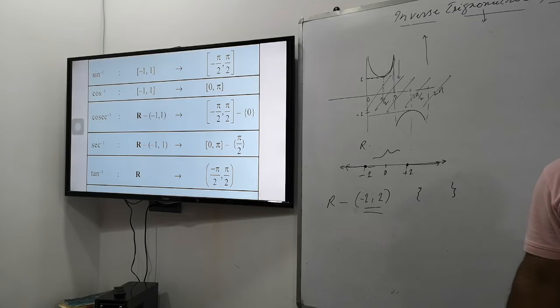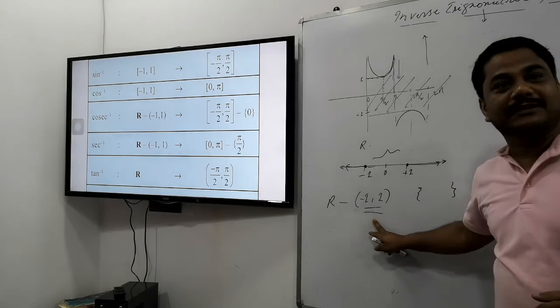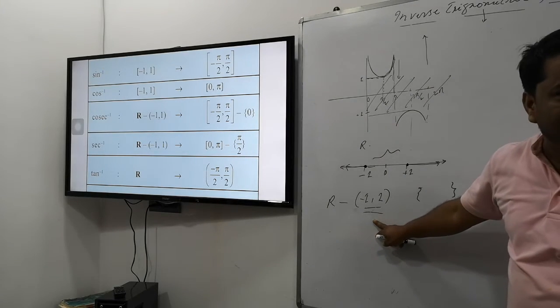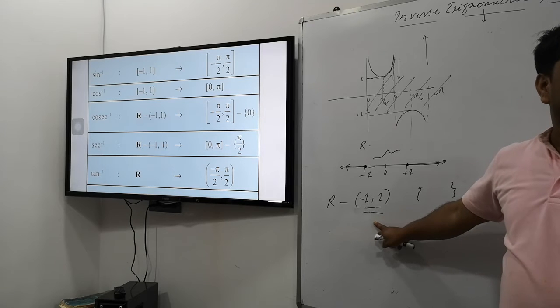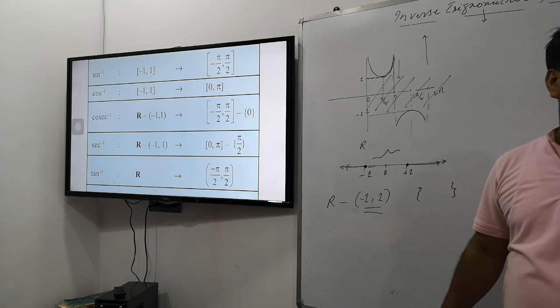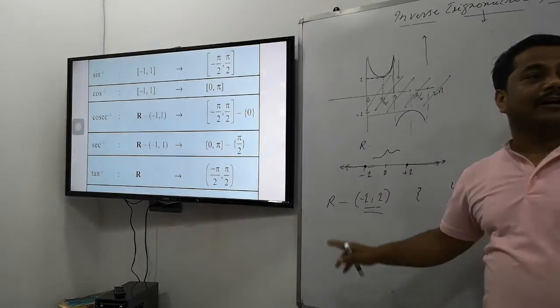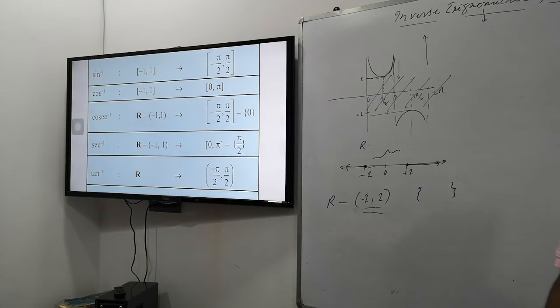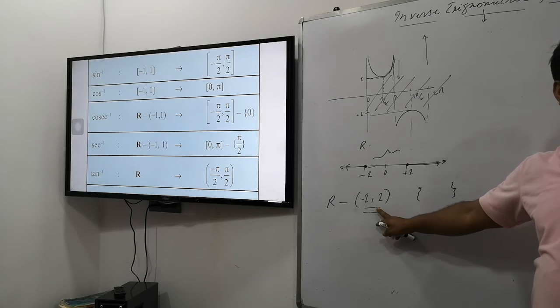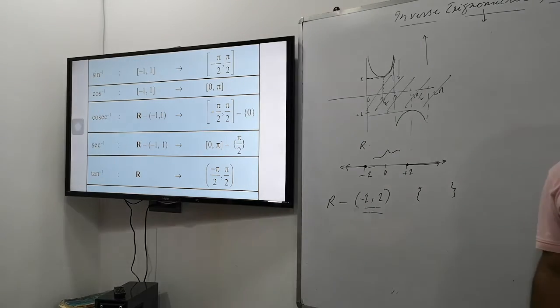Do you remember 11th class? So minus 1, plus 1. What does this mean? Only two values are to be subtracted? No. The range is subtracted. Range means from minus 1 to plus 1, all of it is to be subtracted. And how many real numbers can there be between two real numbers? Infinite real numbers are there. A lot of students think that only minus 1 and plus 1 are removed. No, infinite values are there. Okay, so this is the domain of cosec inverse.